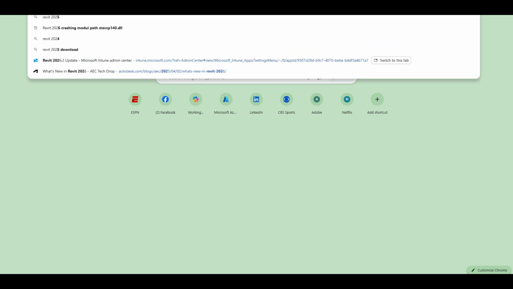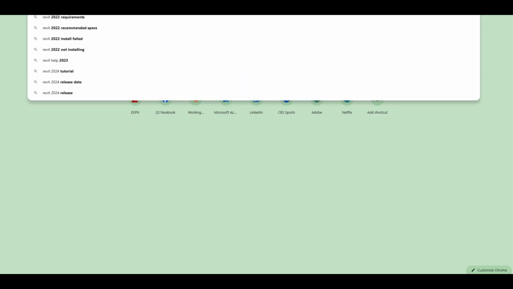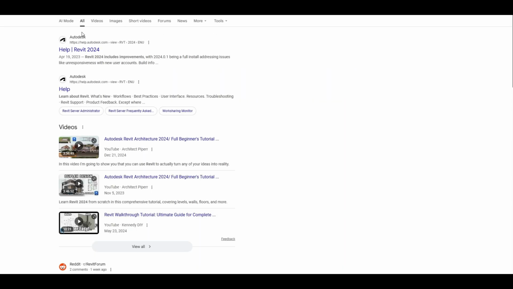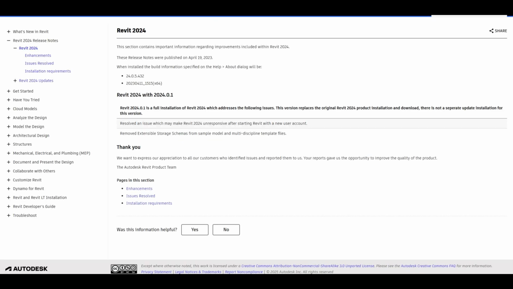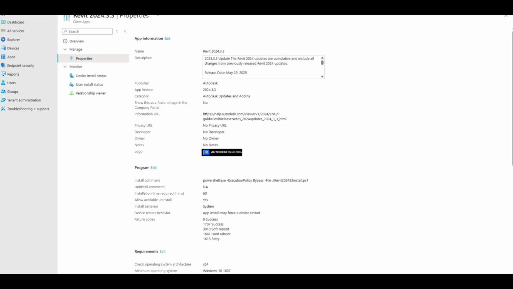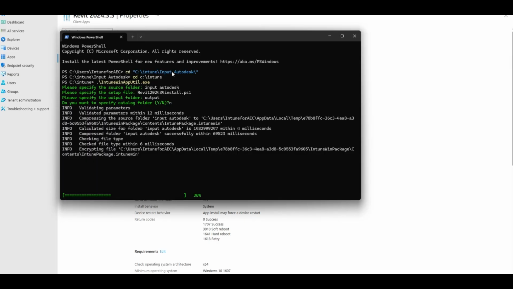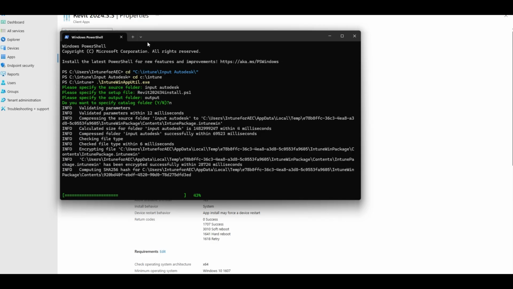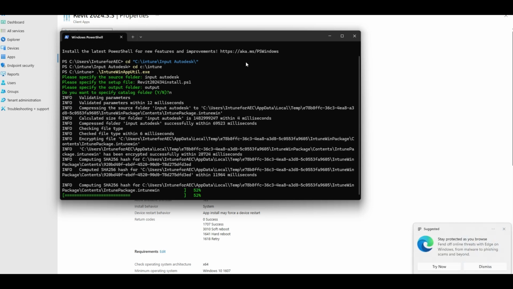So we'll go to Revit 2024 help, and from here we can get some of our update notes and stuff, but let's see where our app is. Still going. So again, the speed of this zipping is really going to depend on your machine specs, memory, hard drive, all that kind of stuff. This package is going to be probably closer to 1.5 gigs, or 2 gigs. Can't remember the size of the exe, but